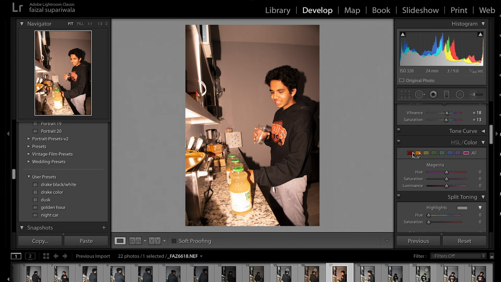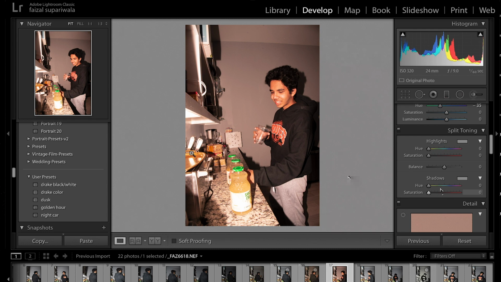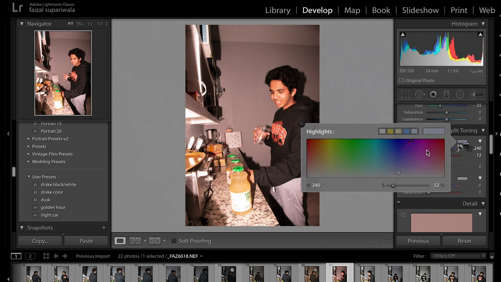The only real thing that will be the same for your image and mine will be the oranges because it's skin tones. But yeah, I don't really have much other colors in this one, so I'm going to move on to split toning. Now split toning is where we add the basic color. So for this one, I'm going to add some of a bluish in for the